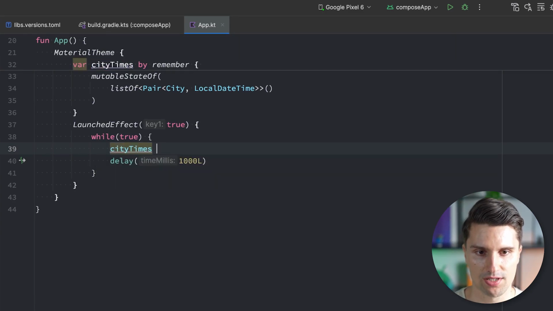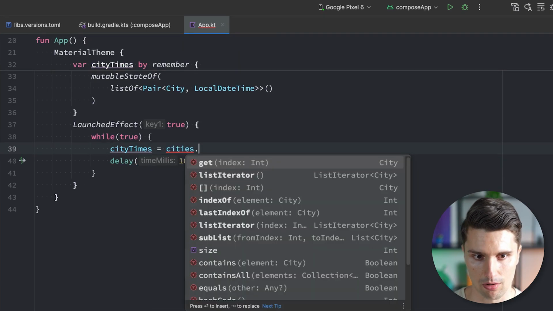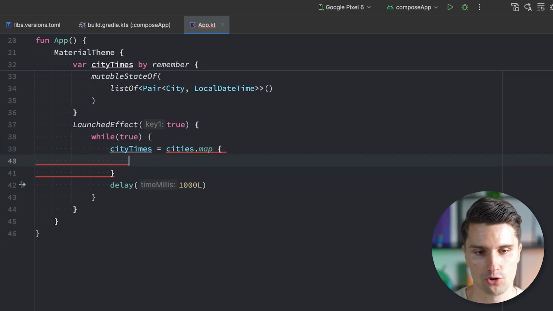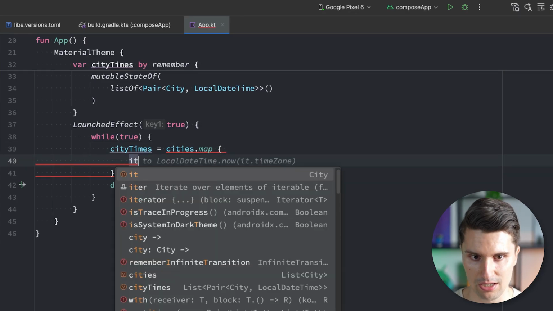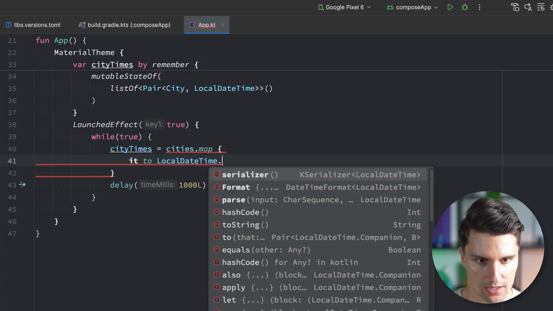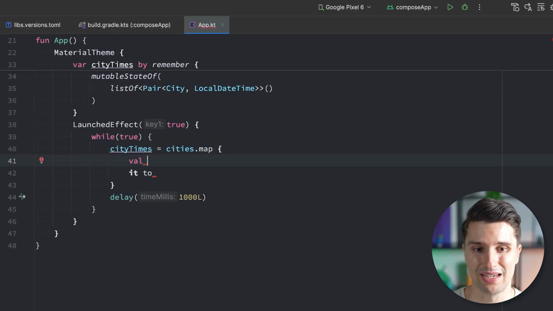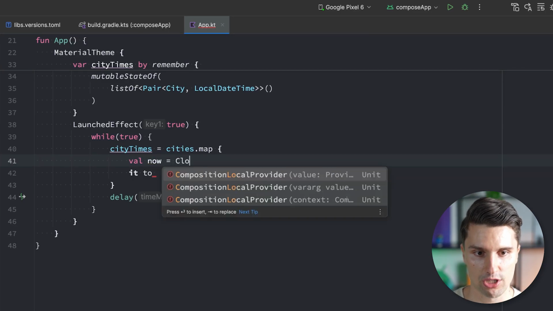And then we can say our city times is equal to our cities list, and we map each city to this corresponding pair, so to the city on the one hand, and the time of that corresponding city. And I don't think we can do what this suggests here. So we can say local date time dot now, because that doesn't exist. That was a concept from the Java DateTime API, but the Kotlin one works a little bit differently. Instead, we first need to get a so-called instant of now, so of the current time, which is equal to